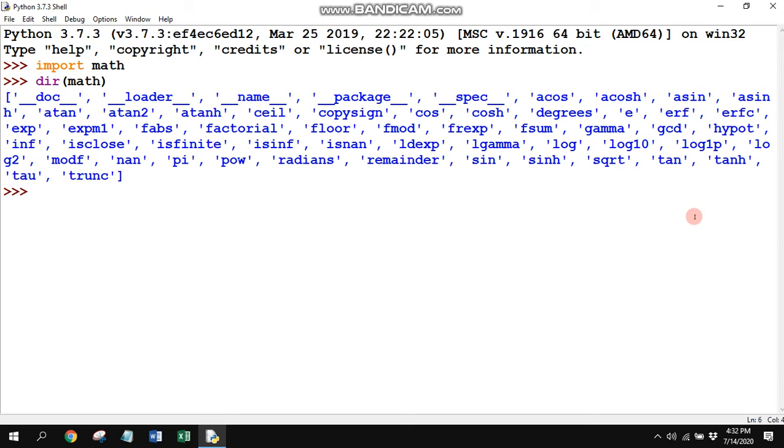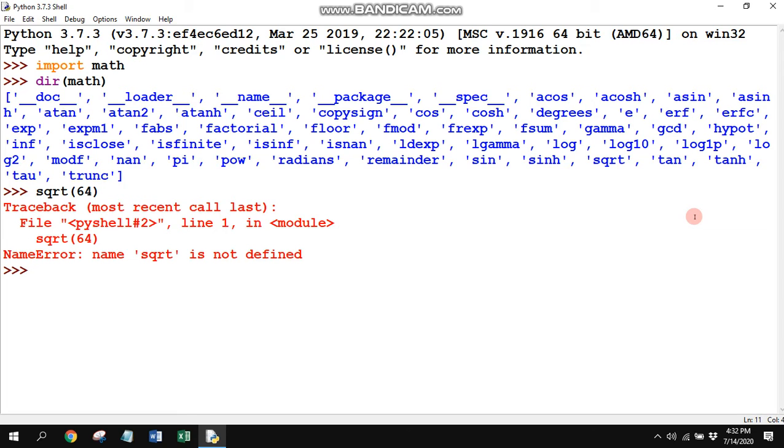Now suppose we want to use the sqrt function. If I use sqrt directly, like sqrt 64, you will get an error. So what do we have to do?